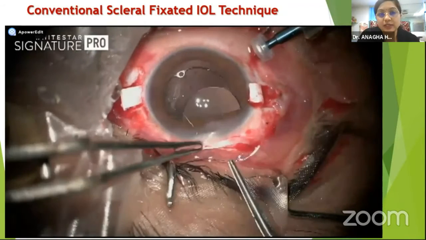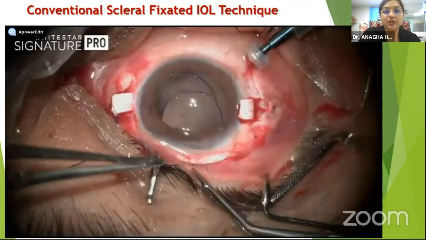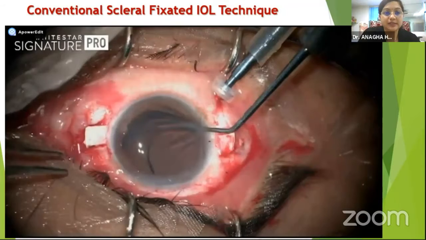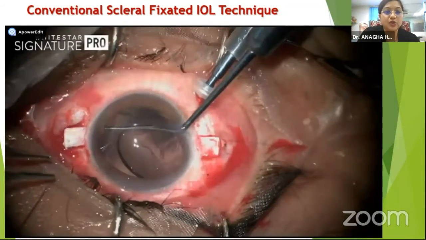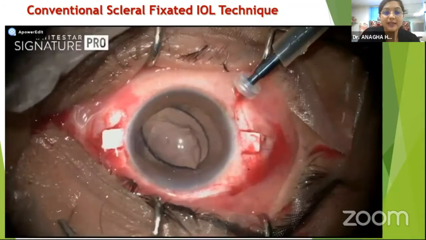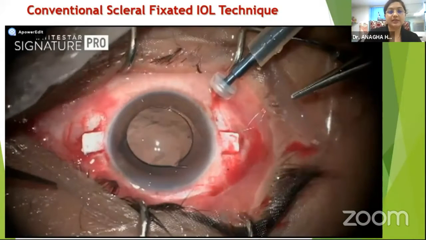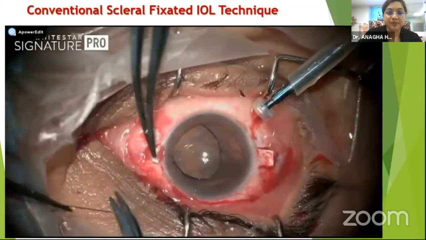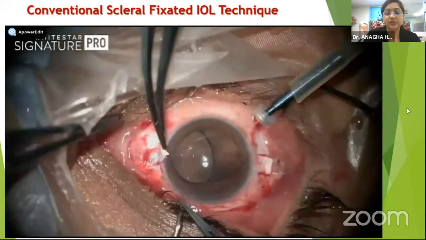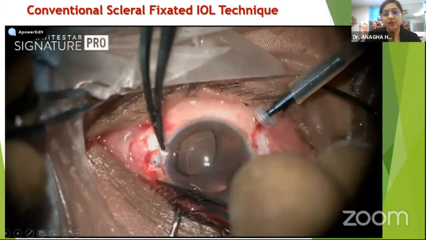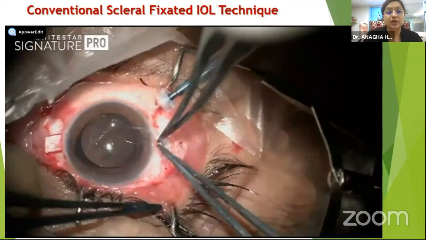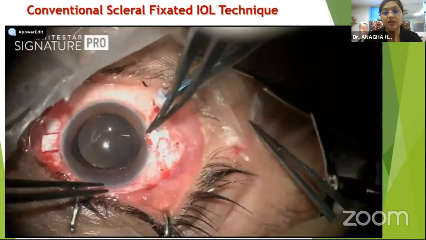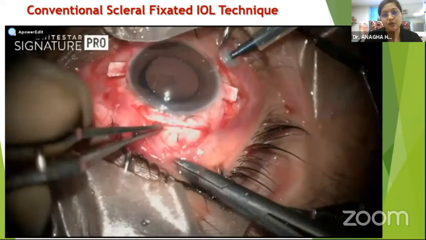And now you will be turning the lens so that you have both the haptics perfectly at the 180-degree position in both the places. Now bringing out the loops of the suture, you will be tying it on both the sides. Once the sutures are tied on both the sides, underneath the scleral flap, like this, on one side, it's very important to center the lens because sometimes the lens can get pulled towards one side. So it's best to tighten the final knot only later, after the knots have been tied on both sides.